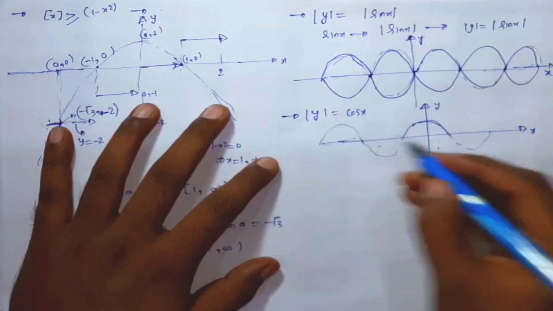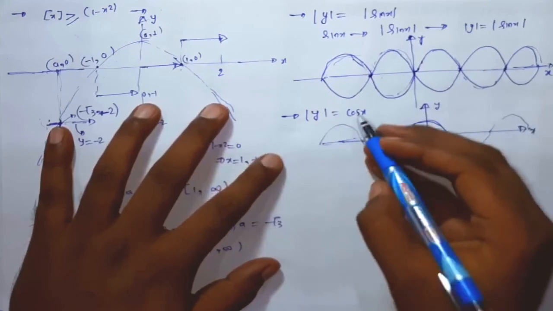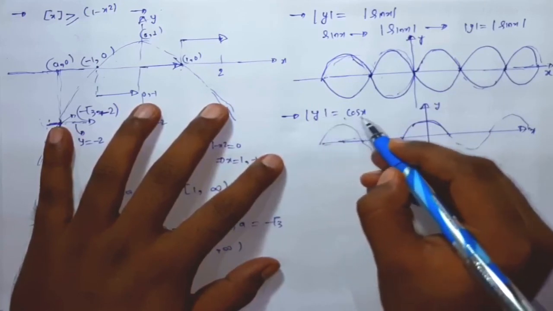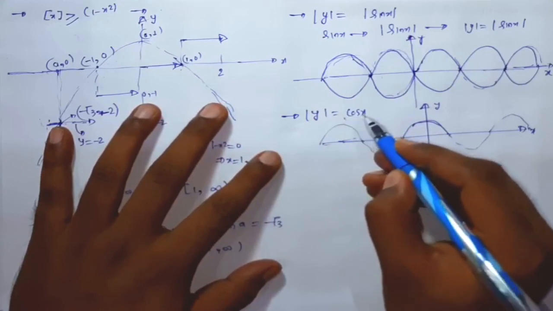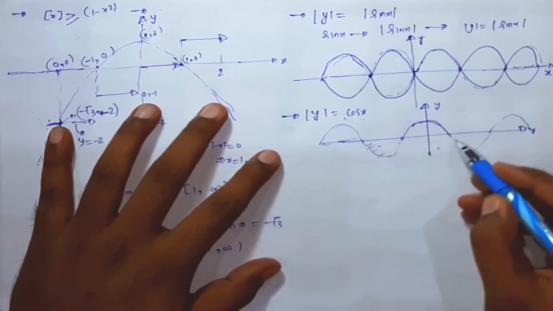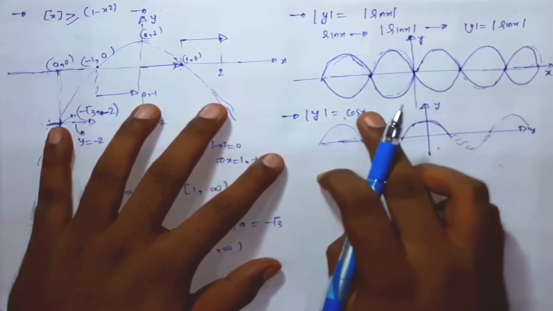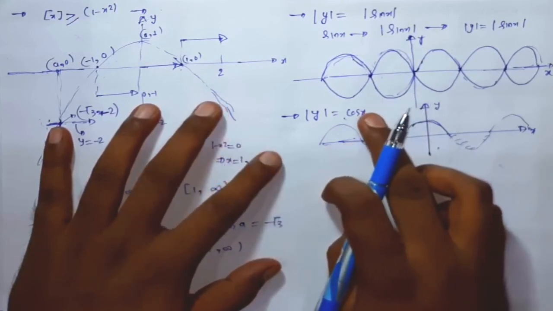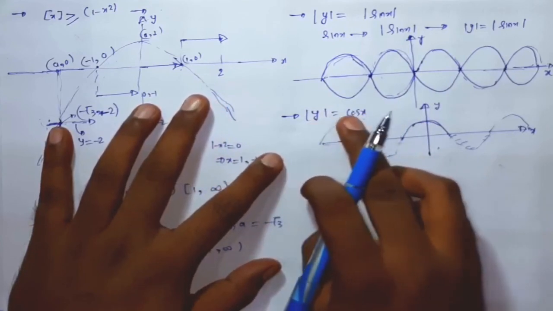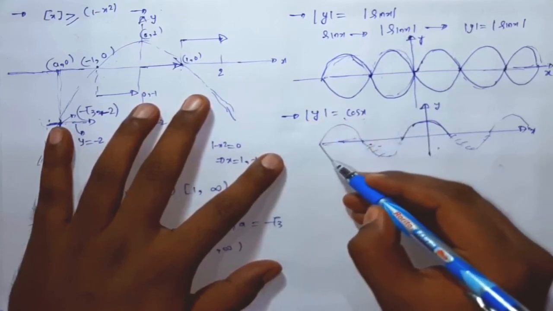Okay, so this portion should always be positive because this mod of y is there. If we are saying mod of y is equal to cos of x, then cos of x should always be positive. So the negative portion we will remove. There is no meaning of the negative portion. So we are removing this negative portion. We will simply focus on the positive portion of cos of x. Then we will calculate the value of minus cos of x because it will open like a negative, then we will take the image of this positive portion of cos of x in the x-axis. So this will be like this. This will be like this.